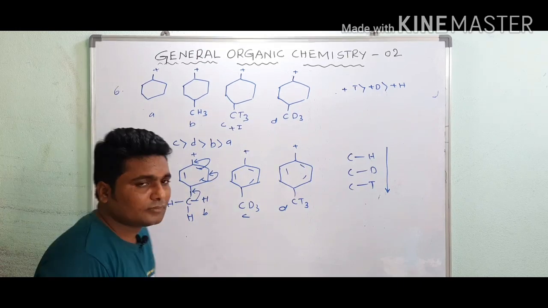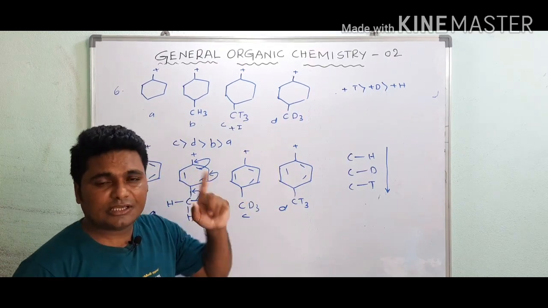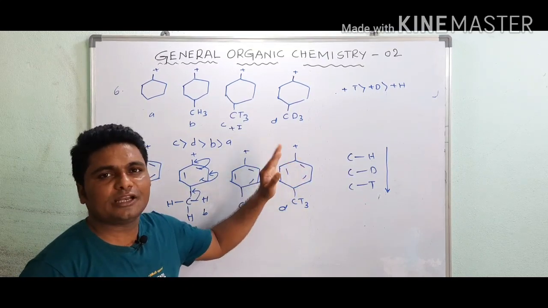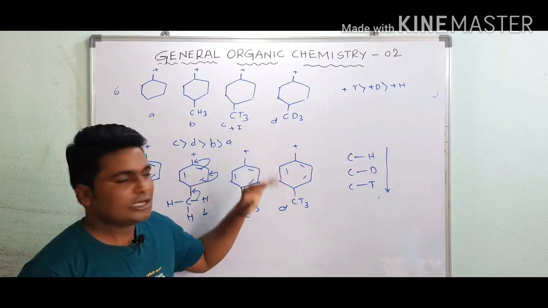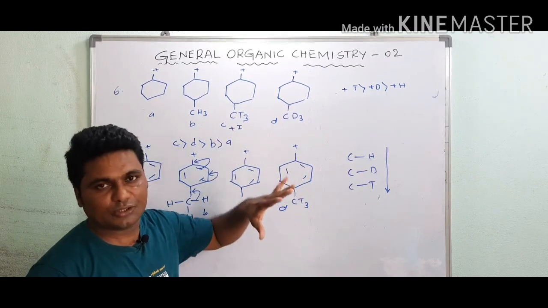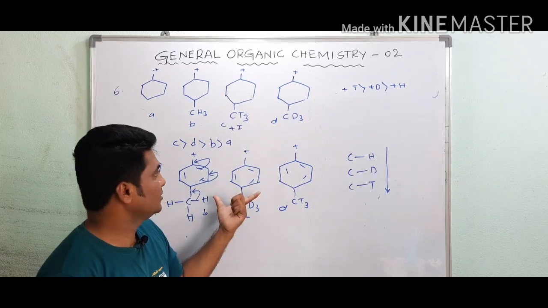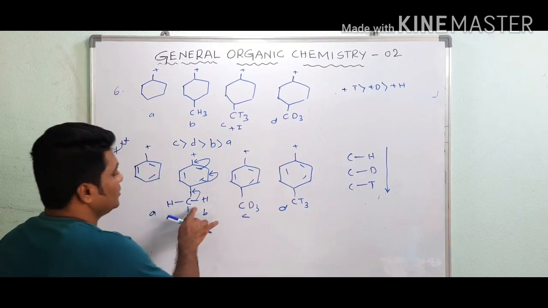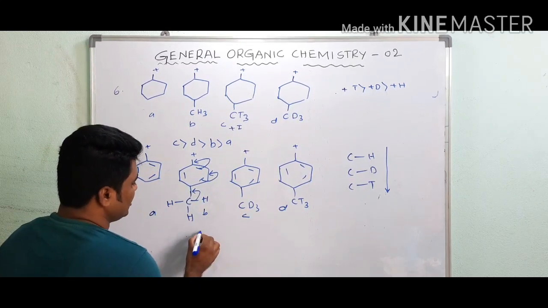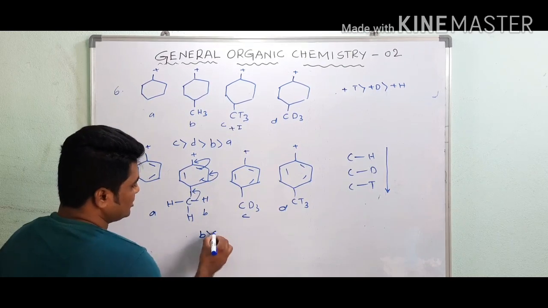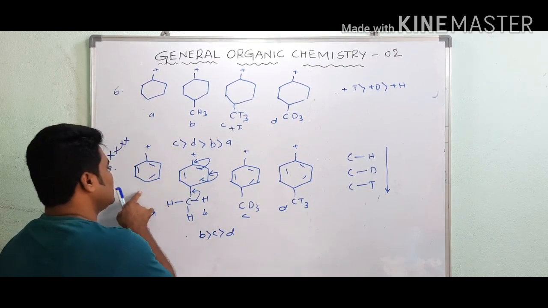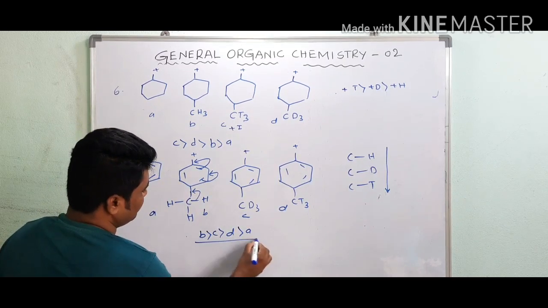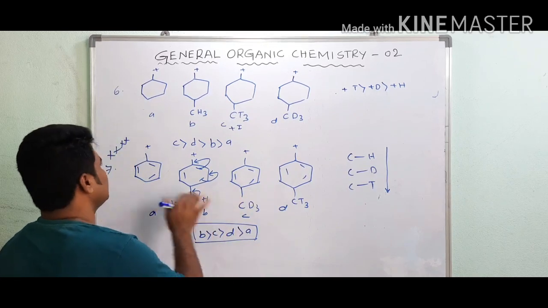Now see, when you apply the inductive effect, you have to see is there any pi bond is there. If the pi bond adjacent to carbocation, there is a possibility for the resonance, that is a delocalization. I will explain this concept in the resonance part and hyperconjugation part. For the timing, just remember this example. And this is a different, here there is no pi bond is there, here the pi bond is there. See, here the easily hyperconjugation will take place. So B is a more stable, then C, then D. Here there is no hyperconjugation is there, only resonance. That is what? This is A. If you not understand, don't worry, just remember this problem.